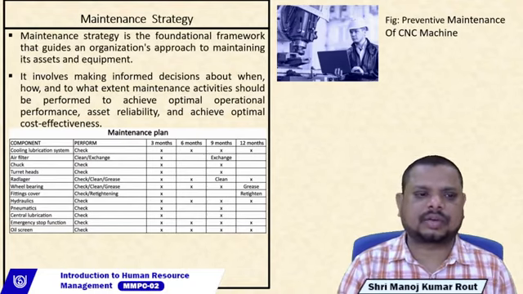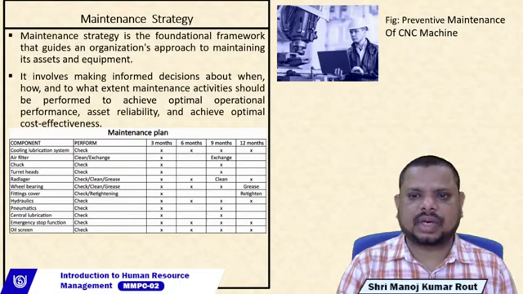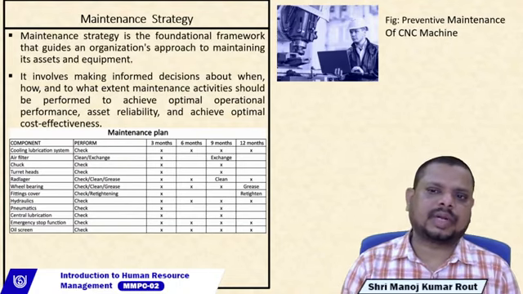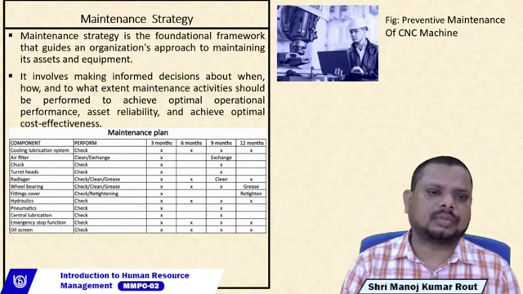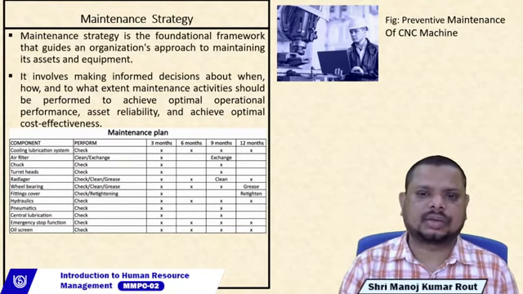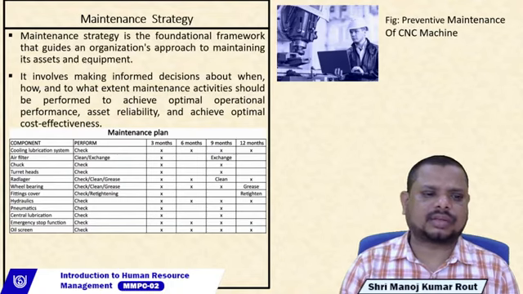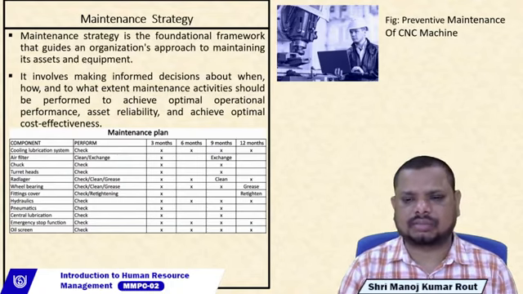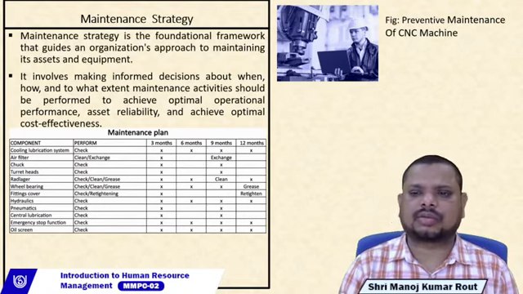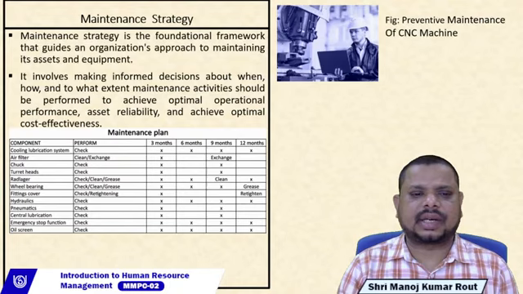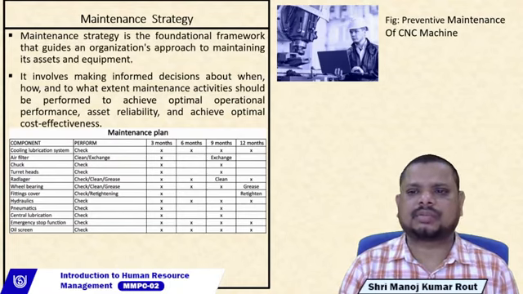The next is to achieve optimal cost effectiveness. So let's take a small example of preventive maintenance, a maintenance strategy applied in the case of computer numerical control machines. These are very complex machines, with many components and complex parts, and you have to perform various maintenance-related activities. In preventive maintenance, they provide the time interval in the case of 3 month,